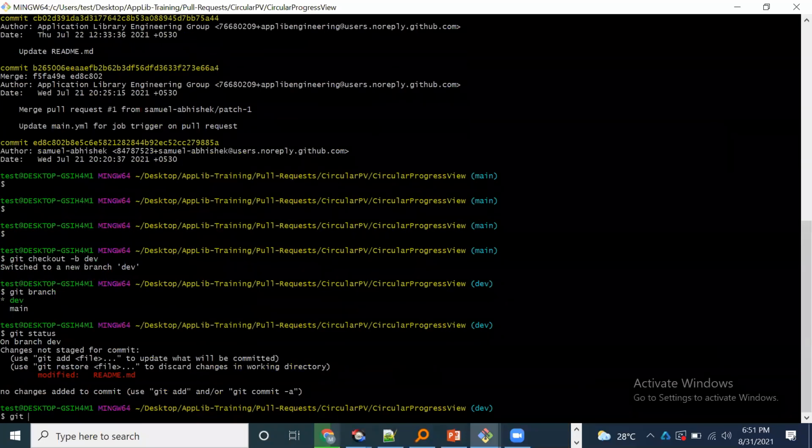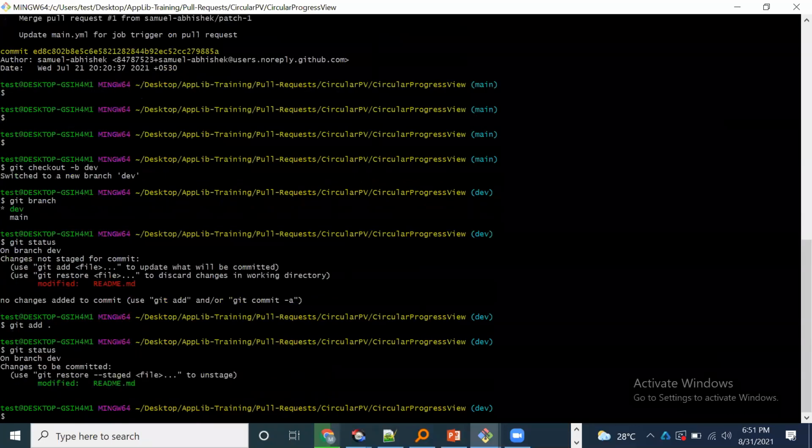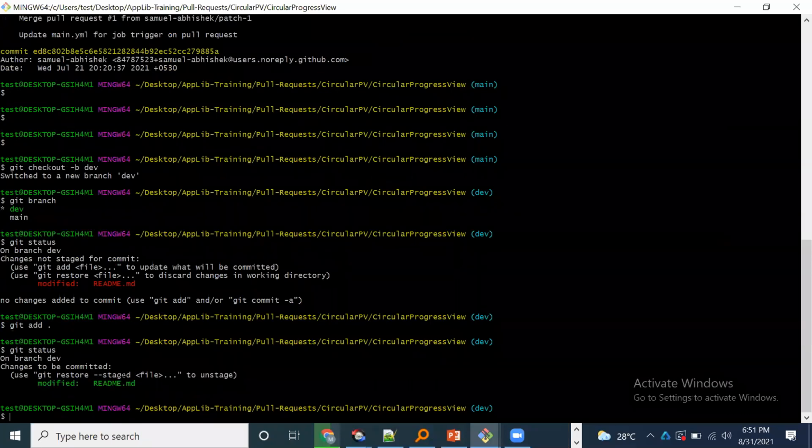Now you can do git add. All these commands I've explained in the introduction video, so you can go through that also to get more idea. Once git add is done, we'll see git status again to know if it has been added or not. Since it is appearing in green, it is added.